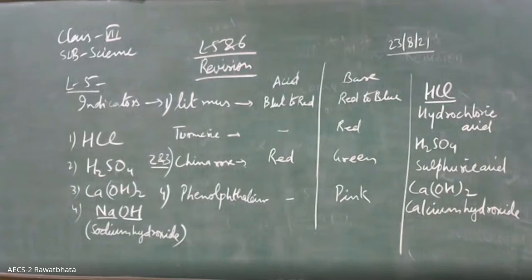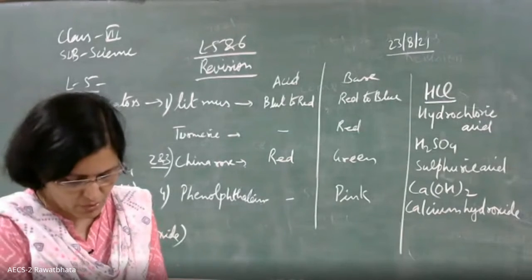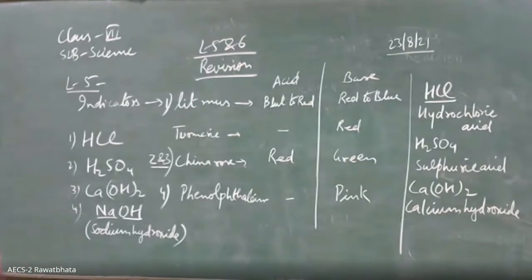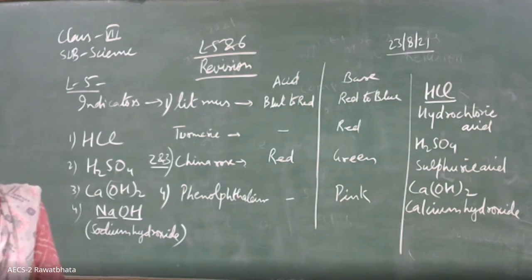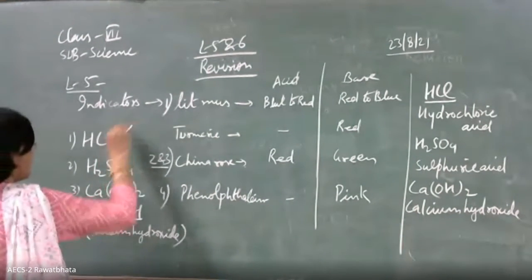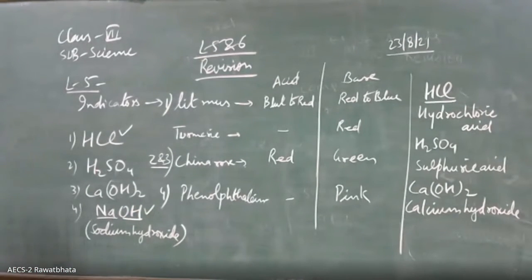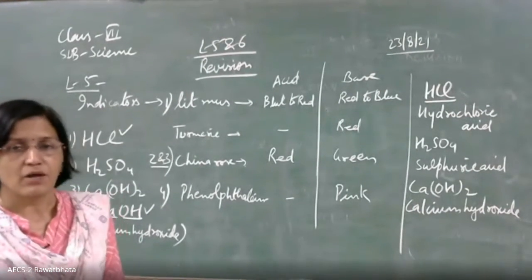By the time we are doing it, let us take up one more thing from the chapter, that is about neutralization reaction. Neutralization reaction is a reaction in which acid reacts with base to form salt plus water. Acid plus base gives salt and water. Here we may take the acid as HCl, hydrochloric acid, and the base as sodium hydroxide, NaOH, and that forms salt plus water. Salt is NaCl and water of course is H2O.